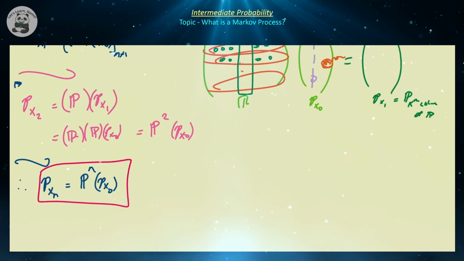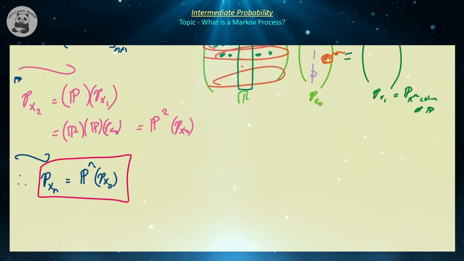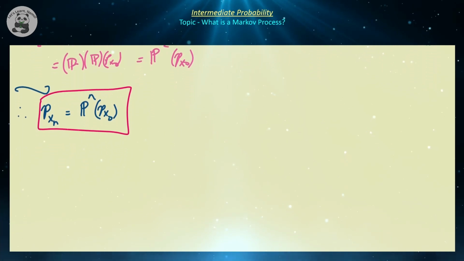Okay? So that's how you can find all of our probability distributions for all of the random variables in our sequence of random variables, i.e. our stochastic process. So we have a stochastic matrix coupled with the stochastic matrix P. So what happens when we combine these two characters together?